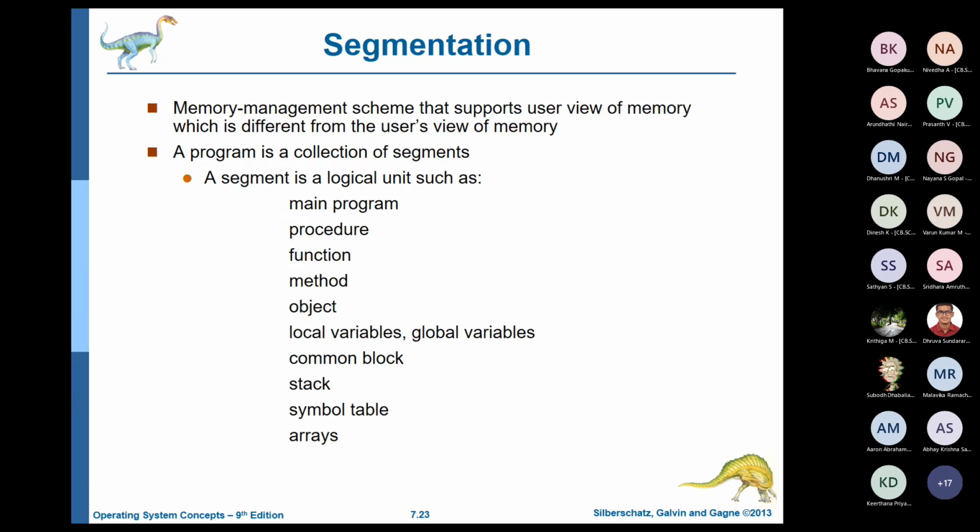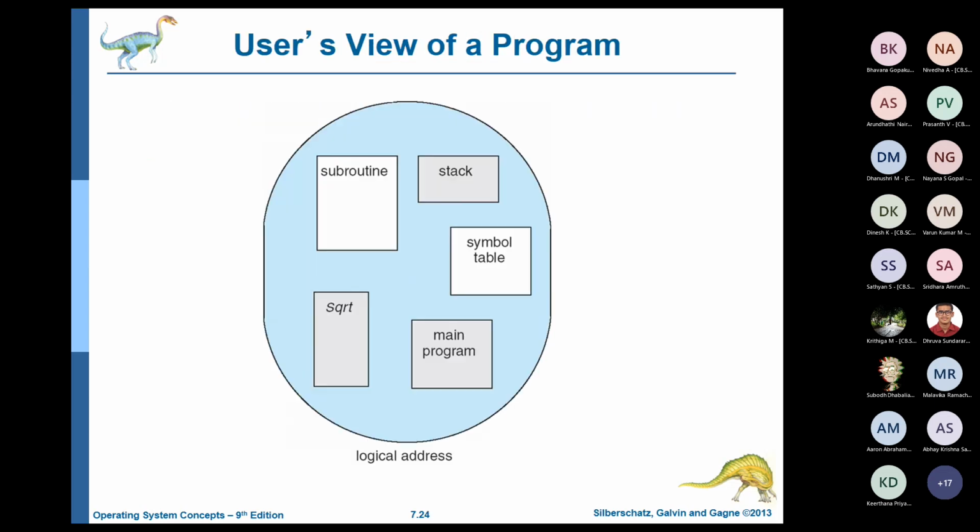Now the way is very simple. It is through what is known as segmentation. Now we know that a program will have different parts. A program may consist of a main program, a C program. In a C program you may have subroutines, functions. You may have library functions, local variables, global variables, methods. If it is a C++ or Java program, you have methods, procedures, stack. So you have so many different parts of a program. Each part can be converted into a segment. So that's a more efficient way.